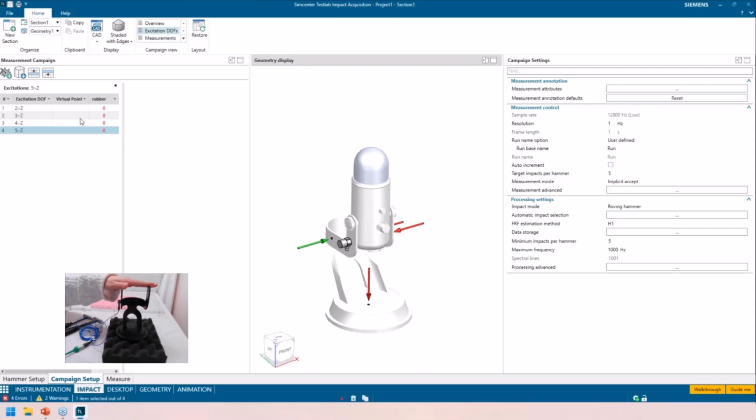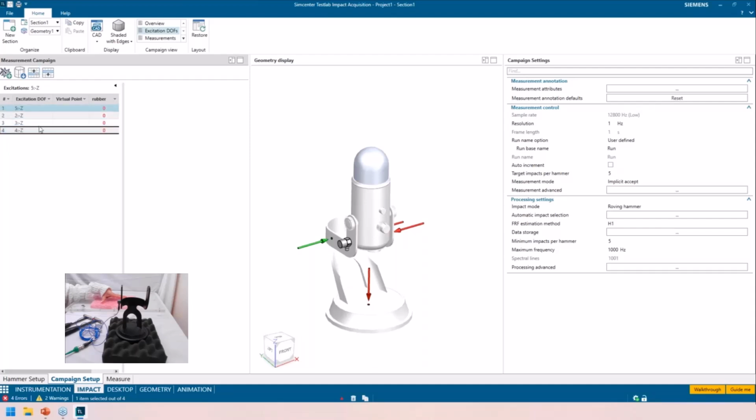This is just with the virtual instrumentation. You can click this button, and then with regular impact testing, you can manually add degrees of freedom. If you don't like the way that this is incremented, maybe I want to start on this side, I can move this all the way up. So now when I increment my test, I can change how this is done.